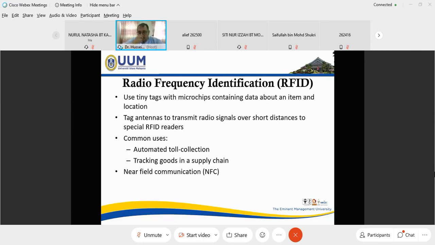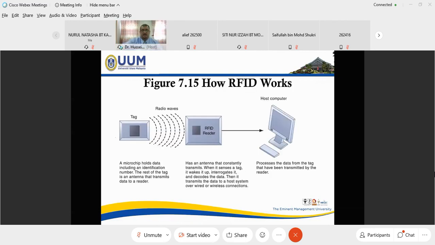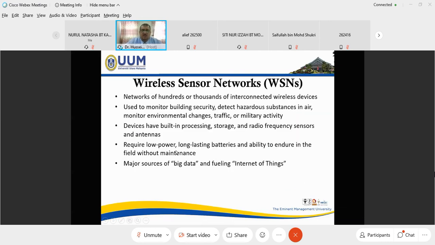Near field communication, NFC. How do we communicate with this? For the most part, this is a kind of wireless for short distance. This is how it applies. We do tagging to the reader. You are the car here, right? You have tagged your car to the RFID reader. When you connect through the radio waves, it will deduct the amount that you should pay. This is how it's applied.